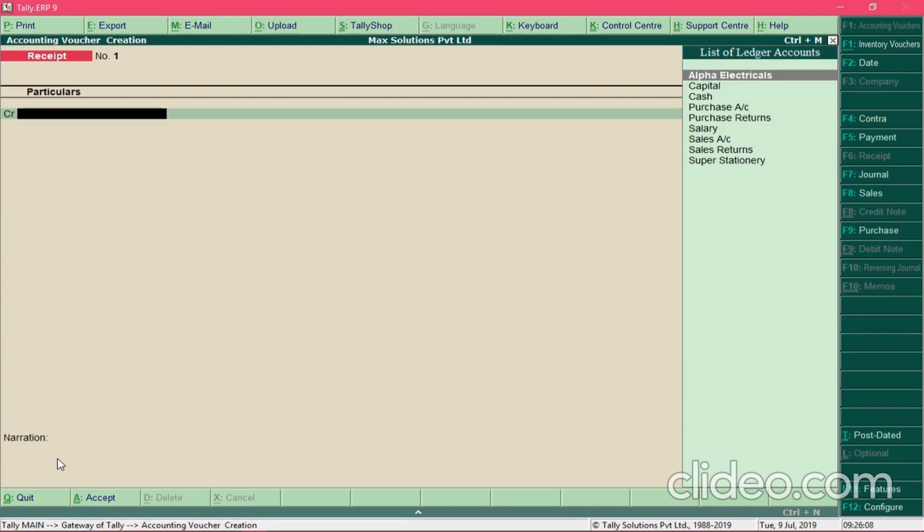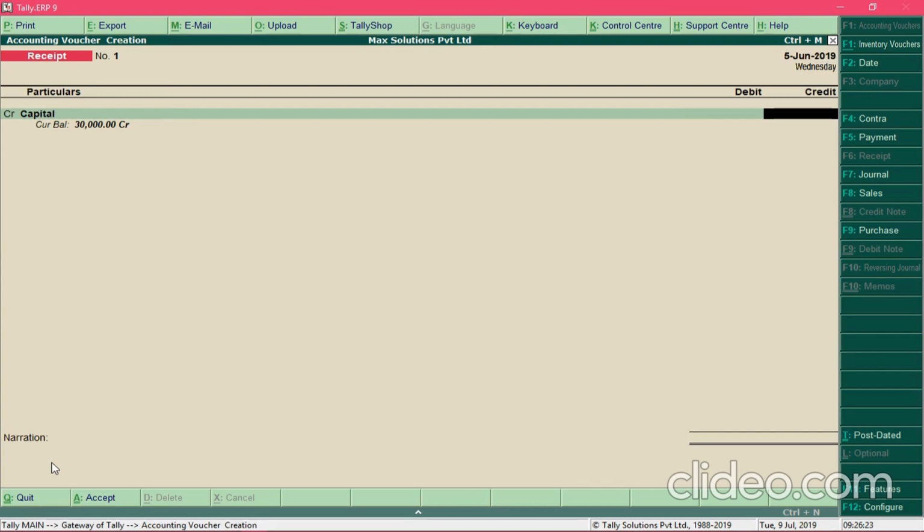In the credit field, select the capital account. You can either type the word capital. As soon as you type the ledger name, the list of ledgers will get filtered, and press enter. You can see that as of now there is a balance of 30,000 rupees in the capital account,